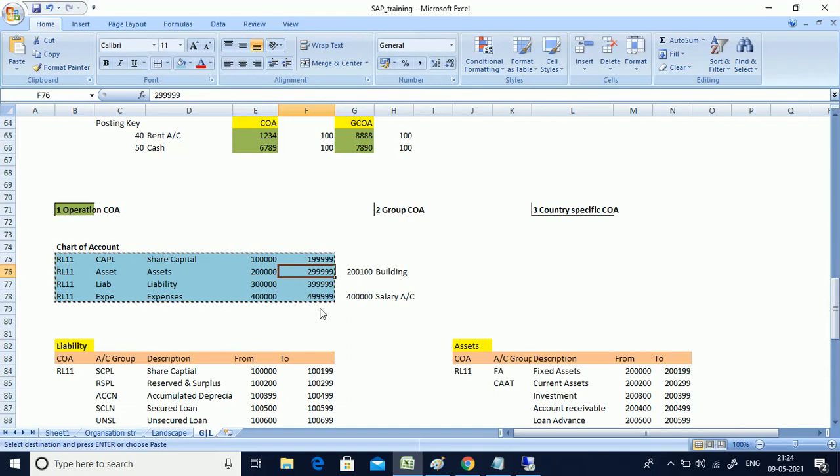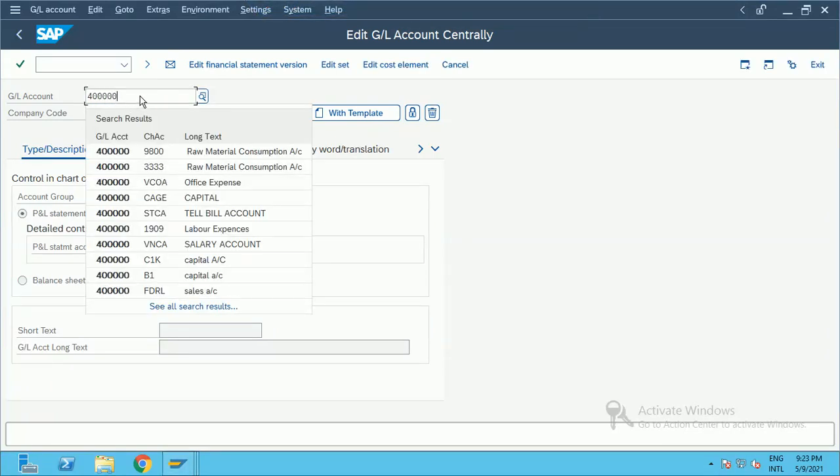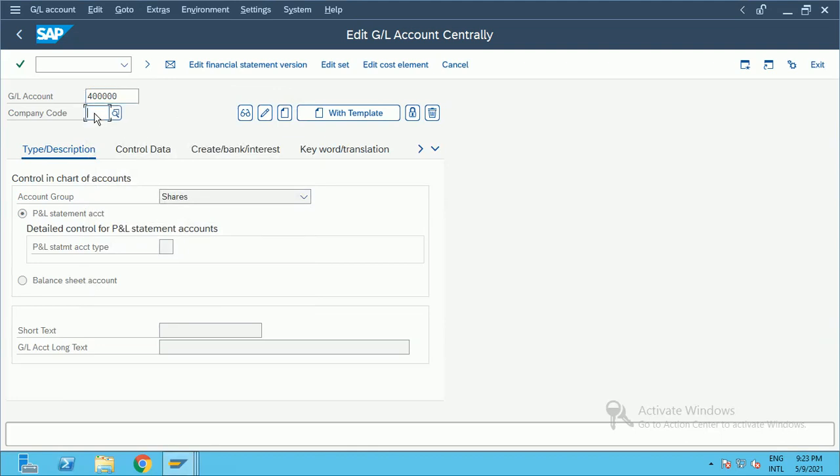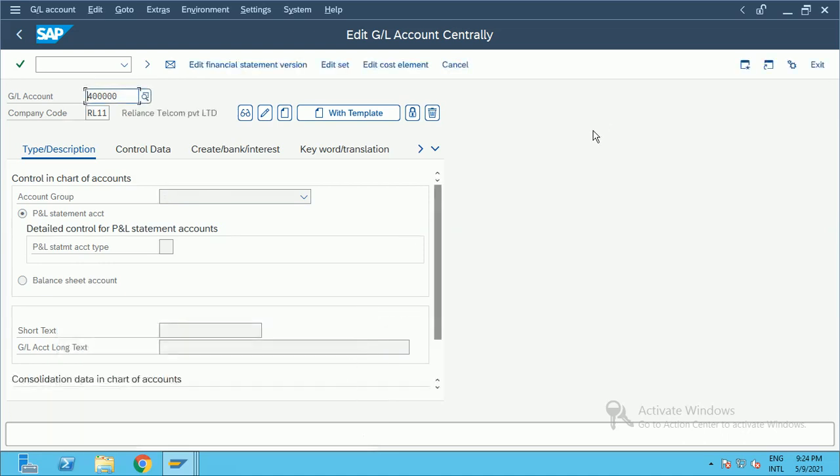Let's suppose we take this example. Now we want to create a GL account, between expense GL accounts. Let me go here and check. I'll enter 006, done. And my company code is RL11, enter. Now what is this saying? No profit and loss statement account type is defined for this. Why? Because we have not created so far